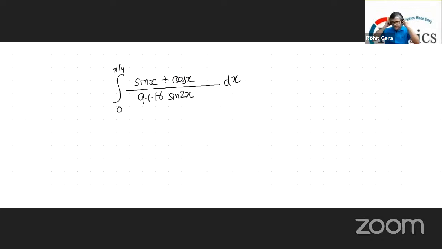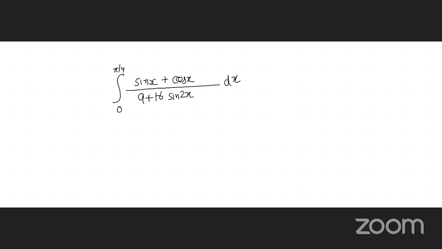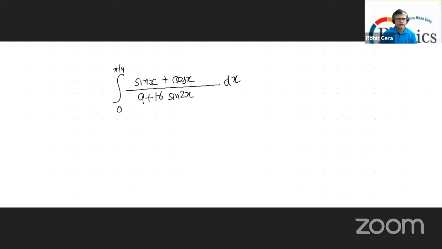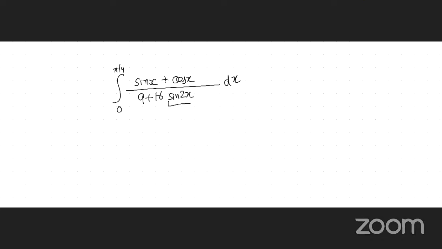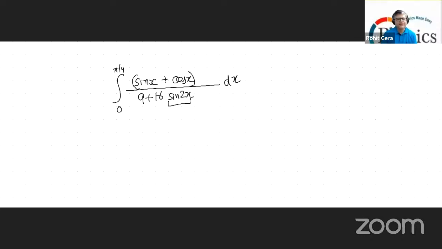Where are you stuck? I'm not able to see how to start. Okay, I'll give you a hint. If you notice in the denominator, you have a sine 2x, right? And if you notice this part, so if I write, for example,